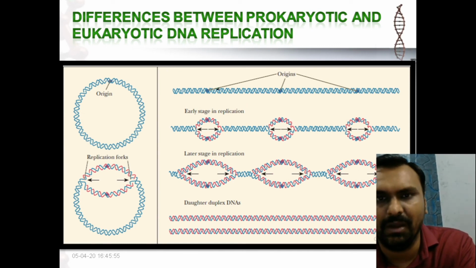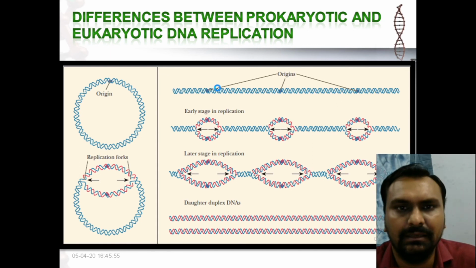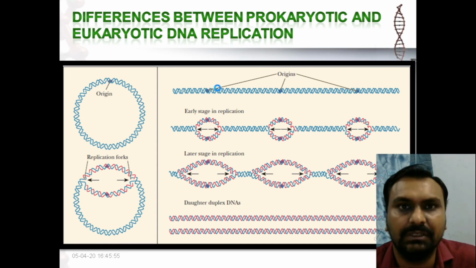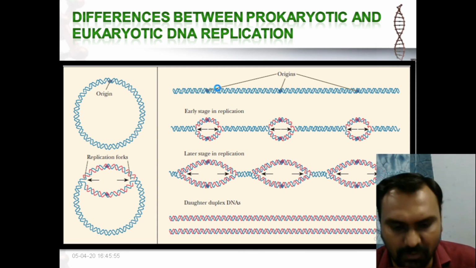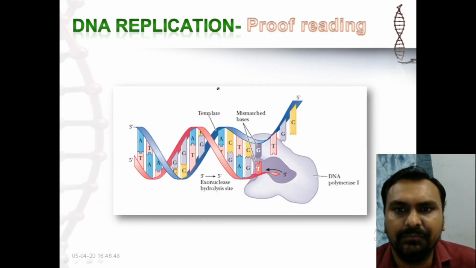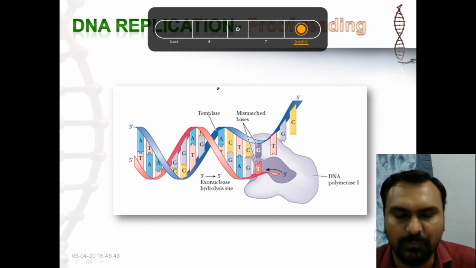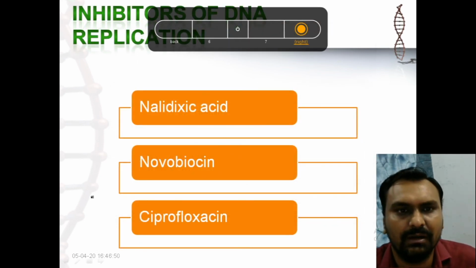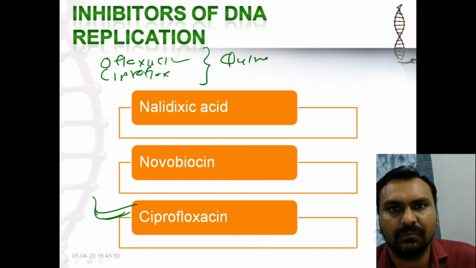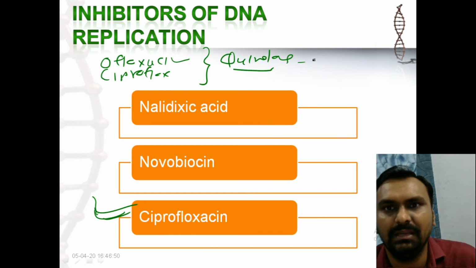There are some antibiotics that can stop DNA replication. So one of them is the quinolone group, mainly the ciprofloxacin group. Okay, so you have heard about this group, ciprofloxacin. So ofloxacin, ciprofloxacin. Okay, they are called quinolones. So what will they do? They will inhibit